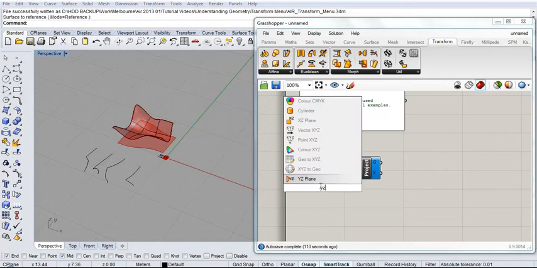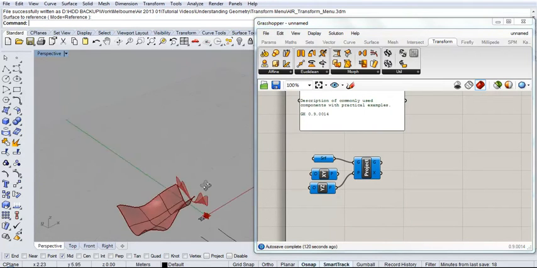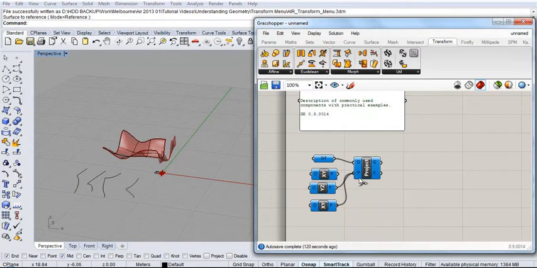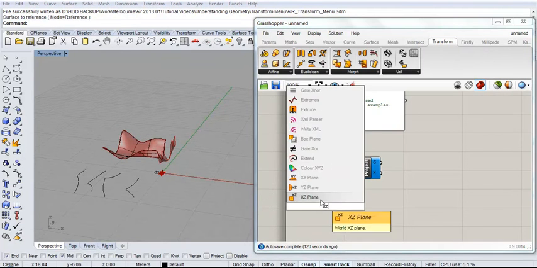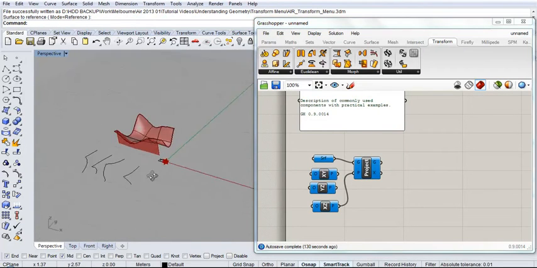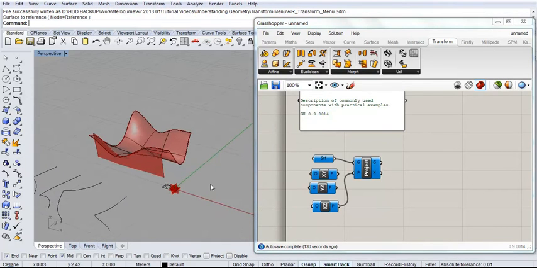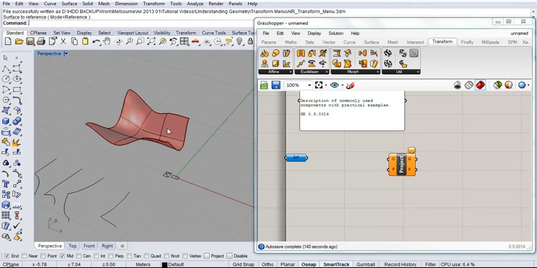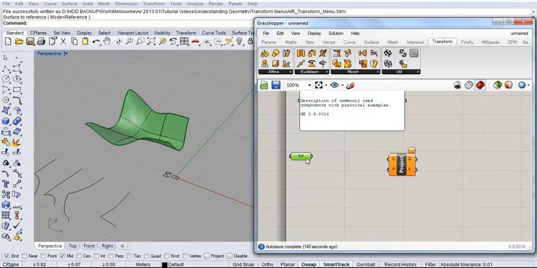So let's have a look at projecting it to the YZ, or the XY, or the XZ. It's just creating a 2D representation of that geometry. Now that's occasionally quite useful for producing two-dimensional panels. For instance, if we wanted to contour this surface and then produce some geometry for fabrication, we could use project to project the 2D curves on the surface back down to the XY plane